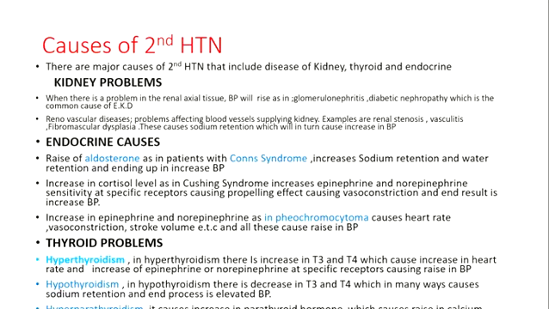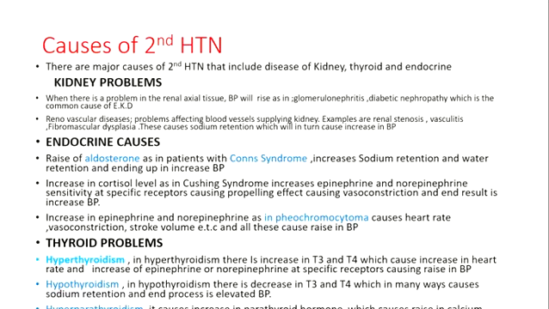The renal parenchymal tissue means the actual part of the kidney. So that's one way, and majorly we'll talk of the actual part, that's the glomerular. Secondly is when there is a problem in the vascular, as in renovascular. When we say the vascular, it is the blood vessels that supply blood to the kidney, let's say an artery and a vein. So when there is a problem there, it means actually